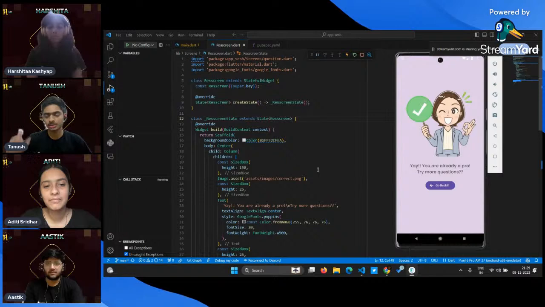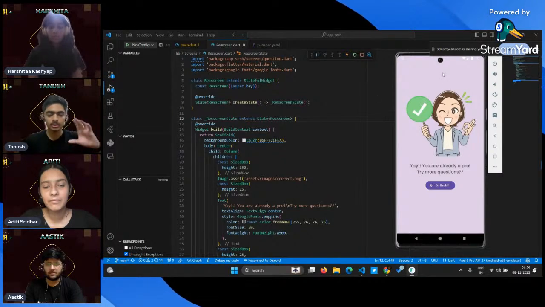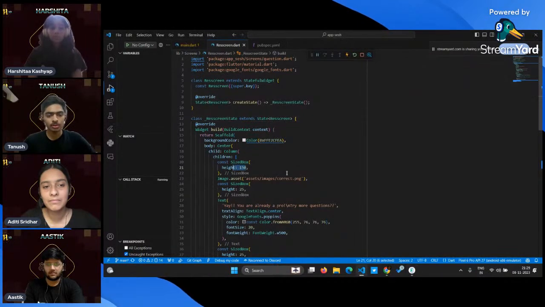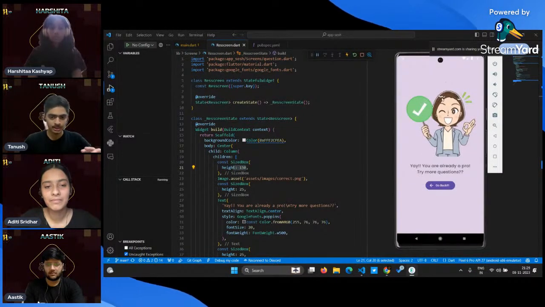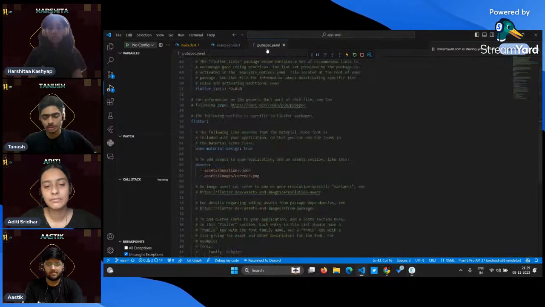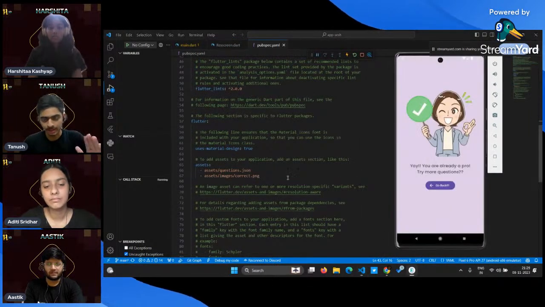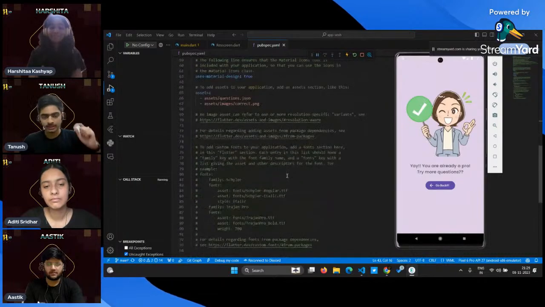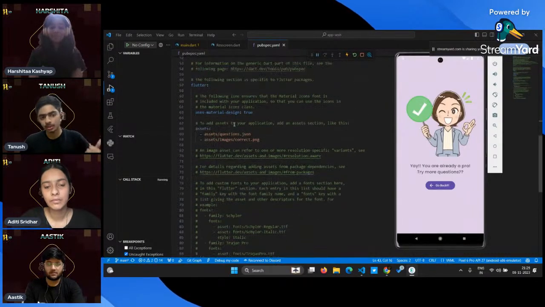We have a sized box. Now the sized box, as Aastik said, helps you provide the spacing on the app page. So the sized box of height 150 is this space here. Now, a very interesting part about this page is we have added an image to this page. So for adding an image to a Flutter application, first of all, you need to go to the pubspec.yaml file. Now, I'll speak more about this file when I cover the packages section, but right now, you need to know